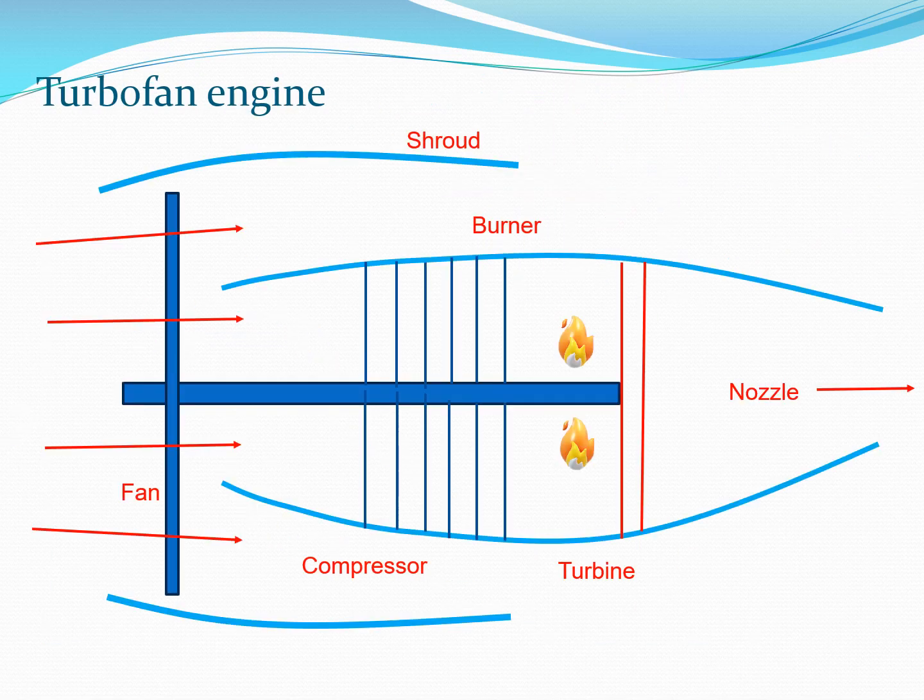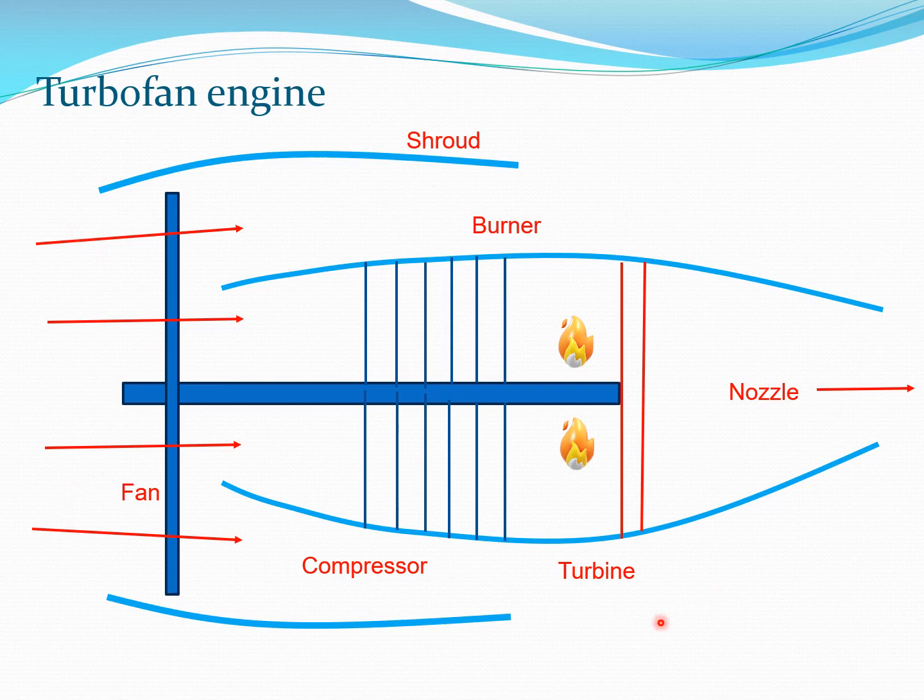Now what happens is that there is a derivative of the turbojet which in fact is more popular as far as commercial aircraft are concerned, and this is known as the turbofan. So in the turbofan what happens is that the turbine drives a fan also here. So in addition to the compressor, the turbine also drives a fan, and what the fan does is that it splits the air coming in into two parts. Some of the air is sent through the typical jet engine, and the remaining air is then sent through the